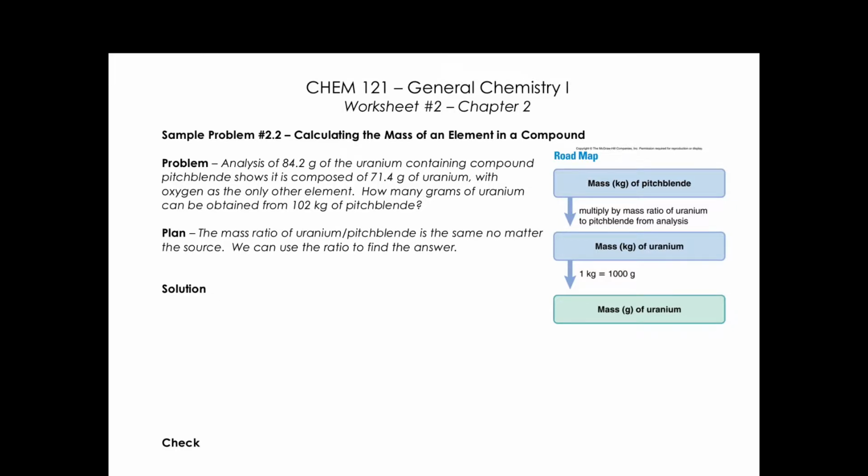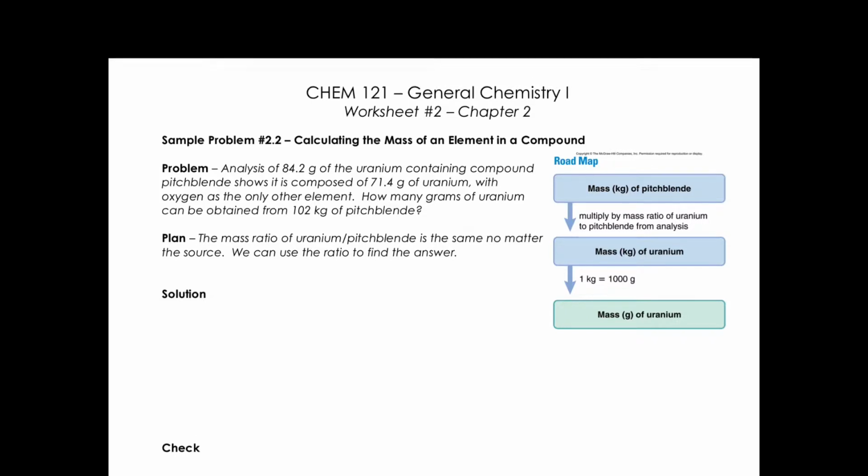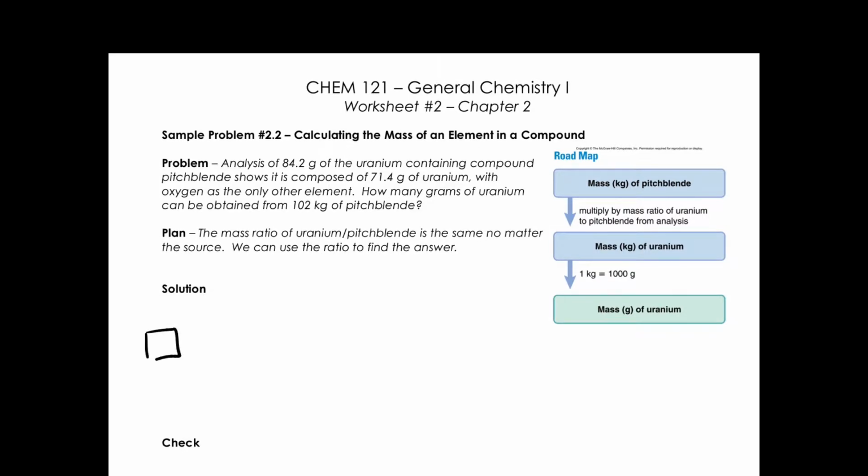Sometimes I find it really useful to draw a picture if I'm a little bit confused with what the problem is saying. So what we really have here is a compound, and I'm just going to represent it as a cube of this compound that we're calling pitchblende. I'm going to abbreviate it PB so I don't have to keep writing pitchblende. And important information that this tells us is that if we have 84.2 grams of pitchblende,